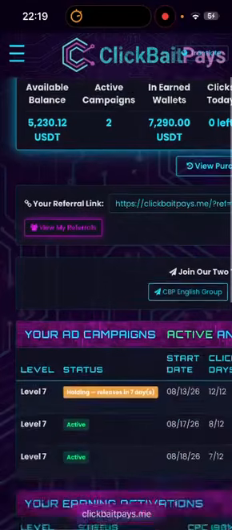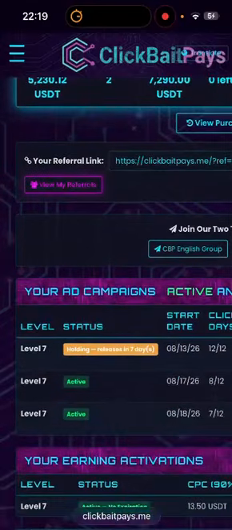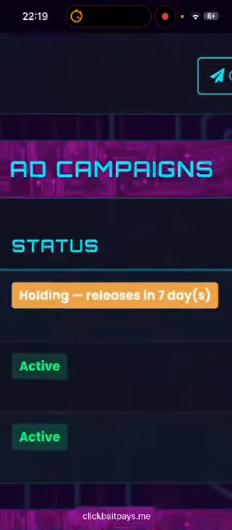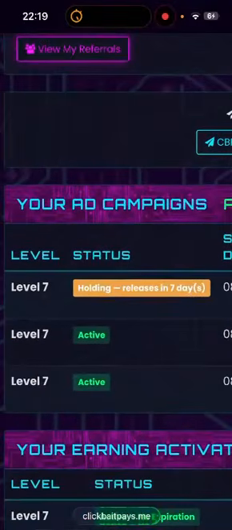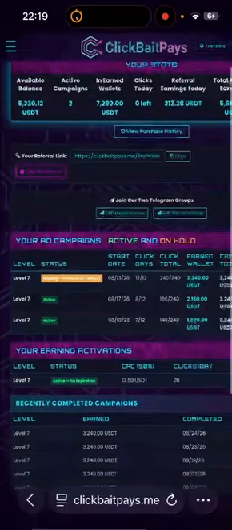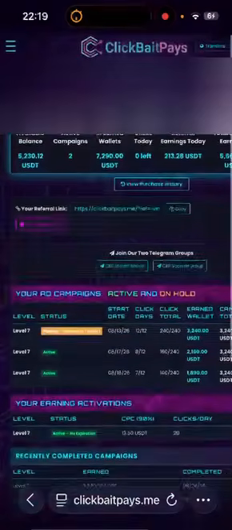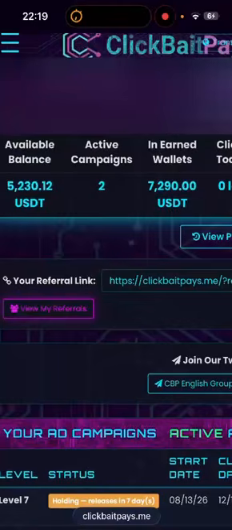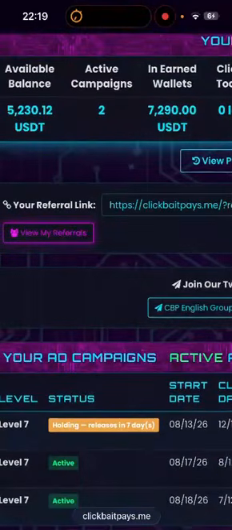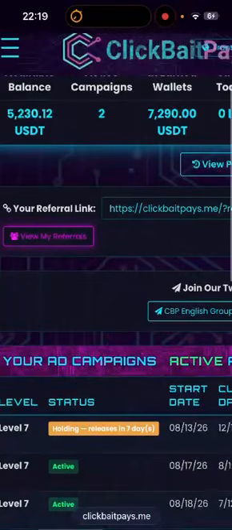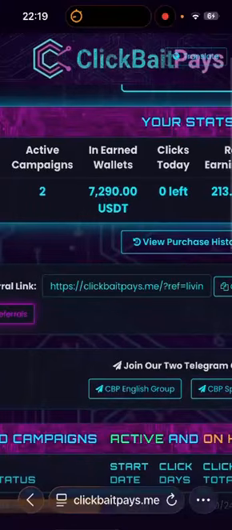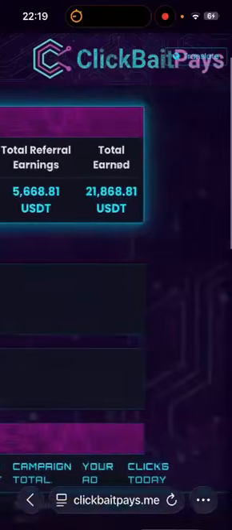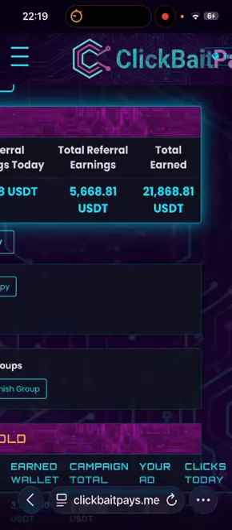$5,230. Now we're going to see this strategy. As you can see, we have two campaigns at level 7 active and one campaign on hold. After 12 days, a campaign has 7 days of holding, and then they release the funds. So we can have three campaigns. As you can see, the available balance is 5,230. In the wallet, there's another 7K there. And then if we go, we've got total earnings of nearly